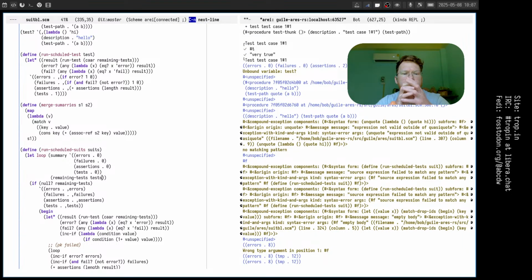Remaining tests. We have remaining items. If no remaining items,